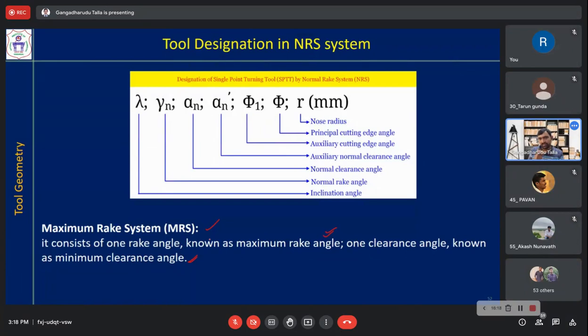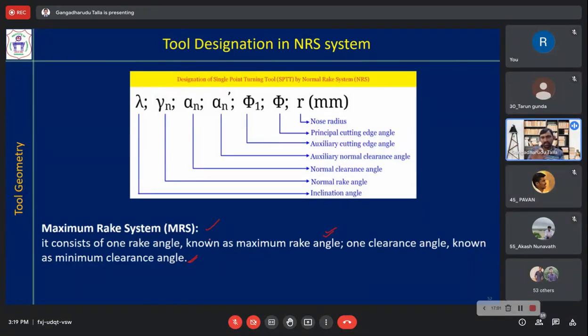We should not grind the cutting tool beyond the maximum rake angle, meaning the rake angle should not exceed that value. And for the clearance angle, you have to provide the minimum clearance angle only. Understand? Minimum clearance angle is the requirement, and beyond that you can provide more. Because there should be minimum clearance between the workpiece and the cutting tool. There should be a minimum inclination, then cutting will be smooth. So it can be beyond that also.